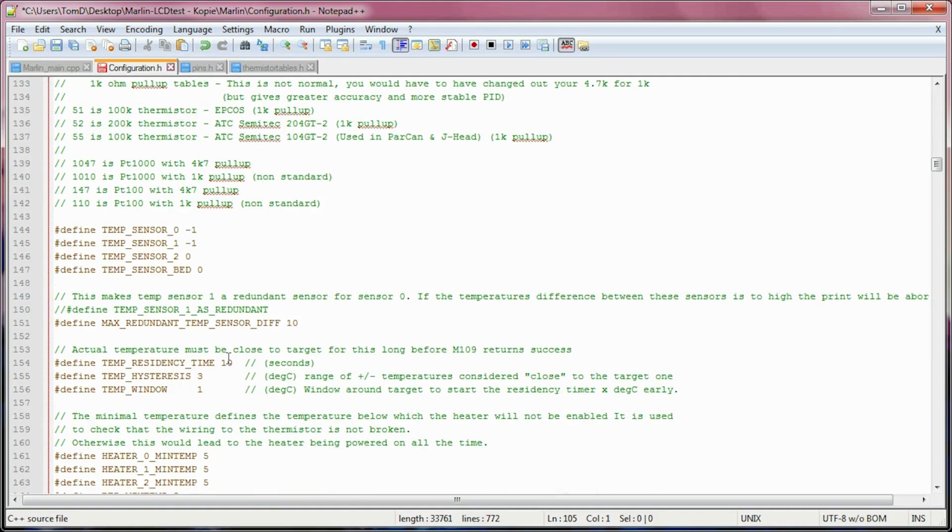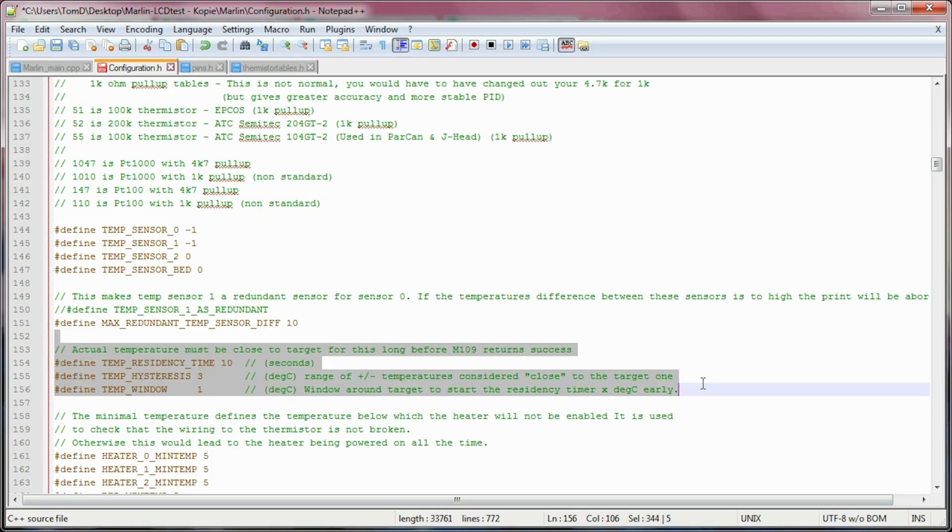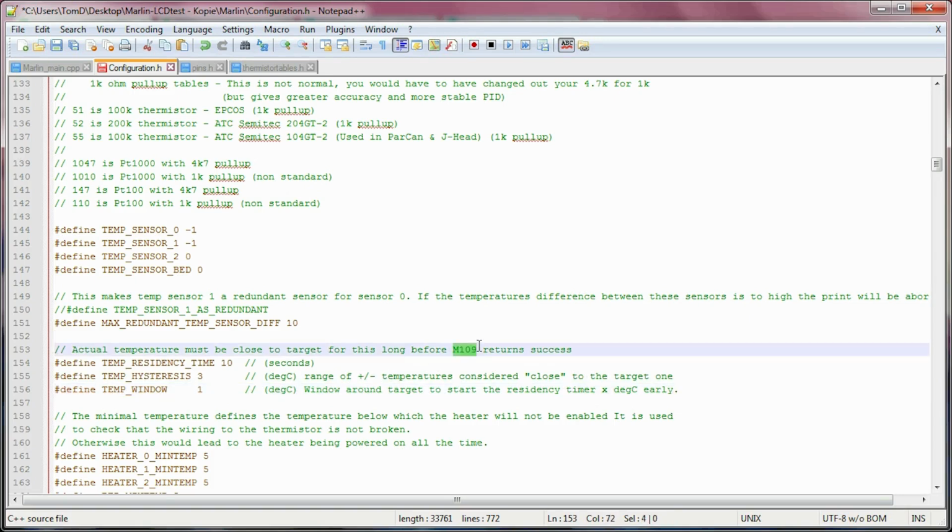Moving on to the advanced thermistor settings. The section that's of interest here is the temp residency time and temp hysteresis. Basically what this does is when your slicer inserts an M109, so basically it tells the printer to heat up its hot end and wait for it to reach that temperature. Now what Marlin does is it waits for the temperature to stay within plus minus 3 degrees Celsius for 10